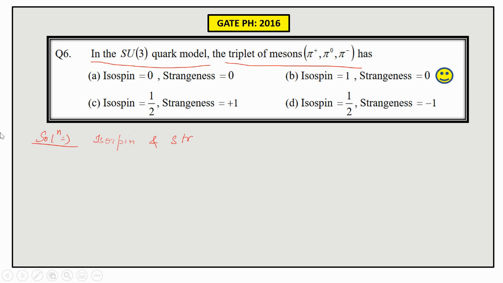Sorry for the inconvenience. So I'll again read the question. In the SU(3) quark model, you have a triplet of mesons. You need to find out the isospin and the strangeness of